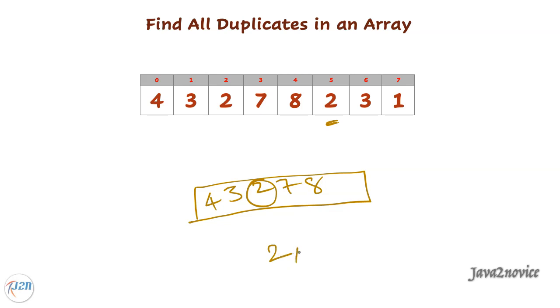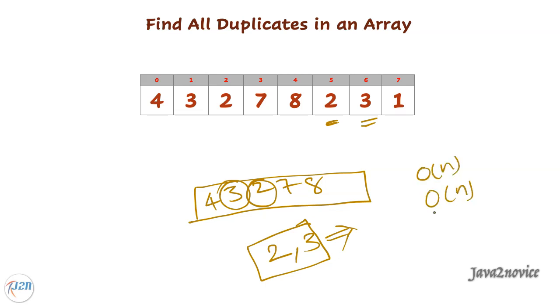Let's track it separately. Similarly, in the next iteration, the current element is 3. We will check whether it exists in the hash set or not. It already exists, so this is also a duplicate number. This is how we will find duplicate numbers and simply return them. The time complexity is order of n. The space complexity is order of n. But the expectation is constant space complexity, order of 1, not order of n.